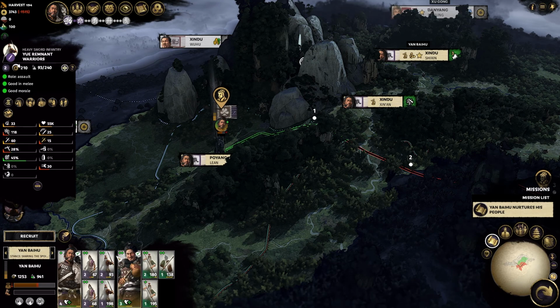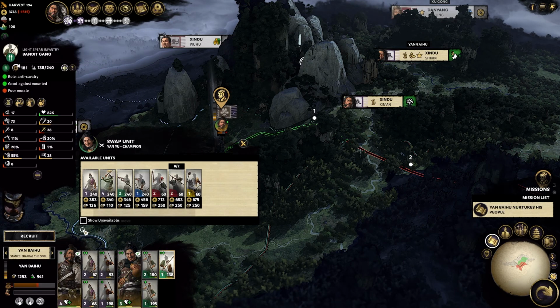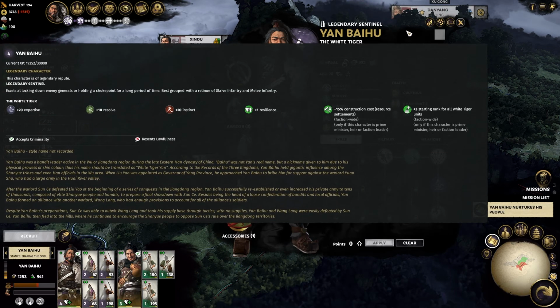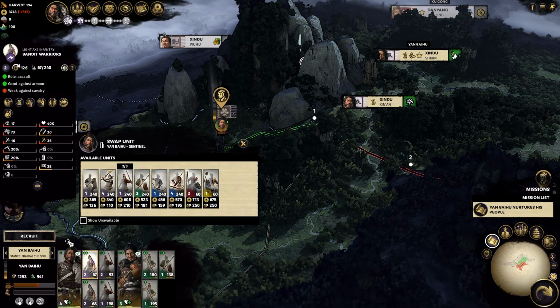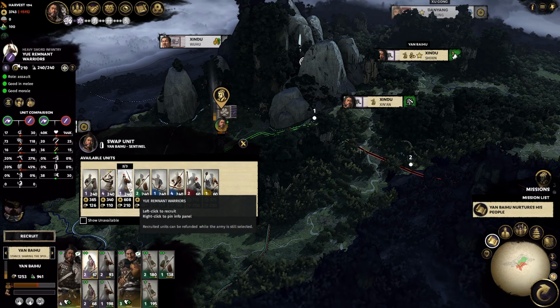Joy Remnant Warriors, really good unit. Not necessarily high AP damage, but good overall base damage output. So basically, you can get a good roll out of them. And then if we look here, I think we're out of units to actually recruit of the Bandit Gang. But anyways, if I look at the White Tiger Raider, +3 starting rank for White Tiger units. Yeah, okay. You can go here, and I can even get one more Joy Remnant Warrior, which is really good,